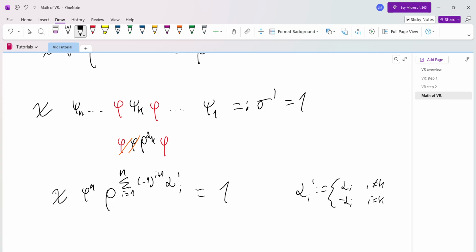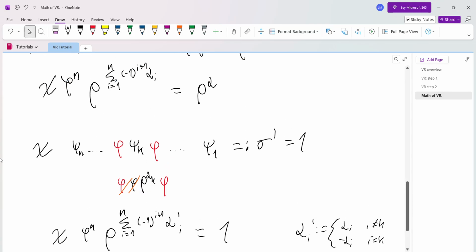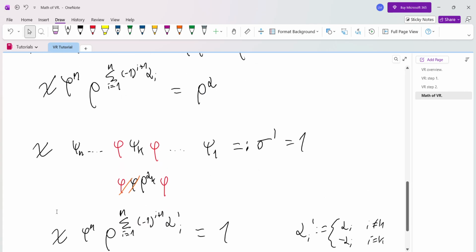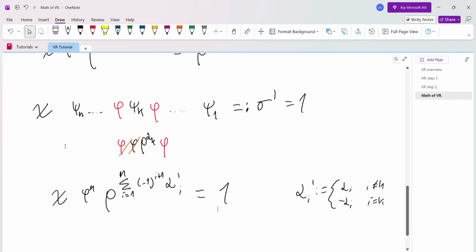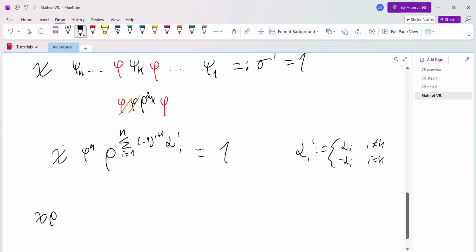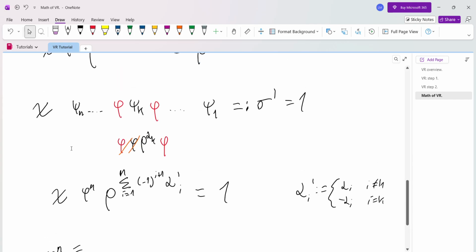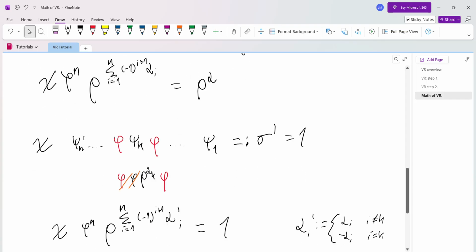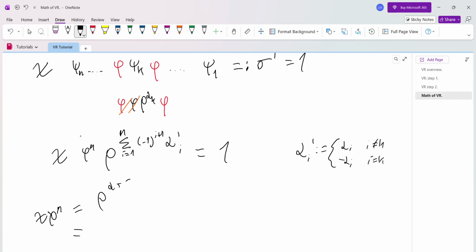Okay. Now, these are our two equations. So let's compare these, and we notice how we got chi times phi to the n in common. This is equal to rho to the power of, well, from the first one we get alpha minus this thing, so alpha plus